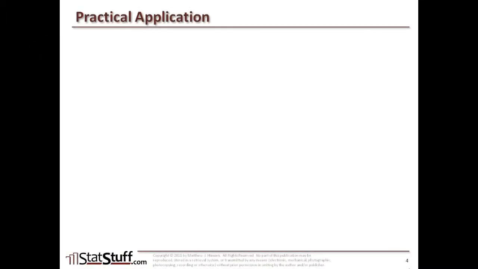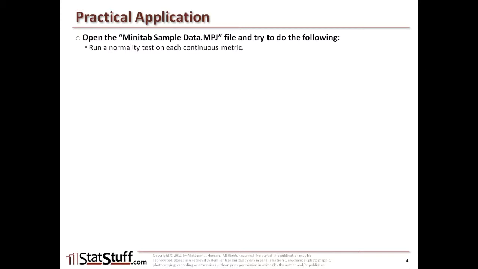All right, before we close this lesson, let's discuss how we can apply some of these concepts in a practical way. Well, if you have any time, I'd like you to just open up the sample data file that's been provided on the website, and then with that data, run the normality test on each of those continuous metric values represented within the data. Then ask yourself which of the metrics are non-normally distributed, and how is it that you can prove they're non-normal, and which metric, if any, has multimodality. Which of those is bimodal, or it seems to have more than one distribution represented within it,